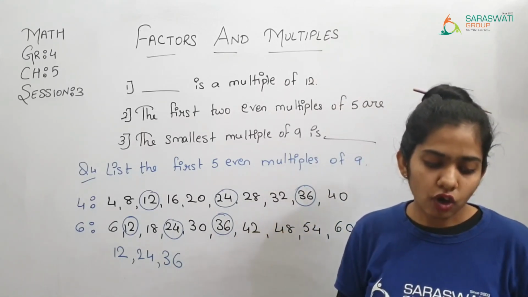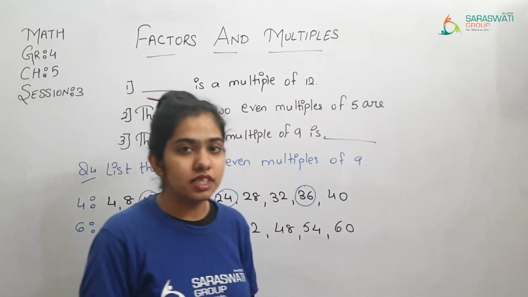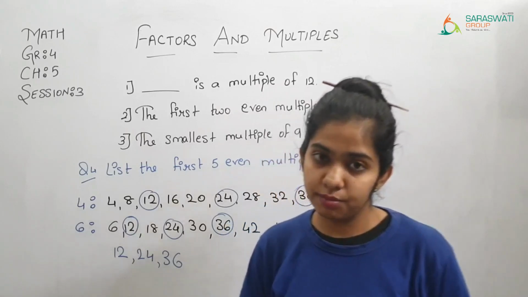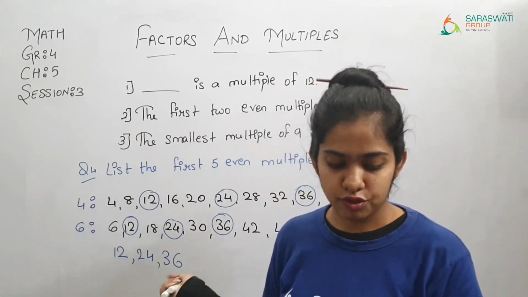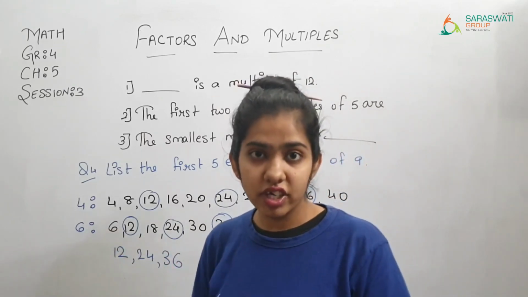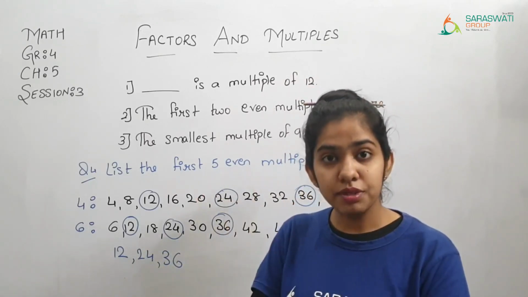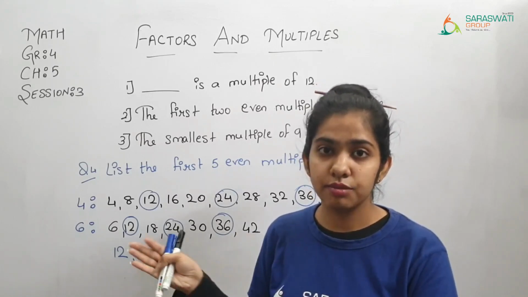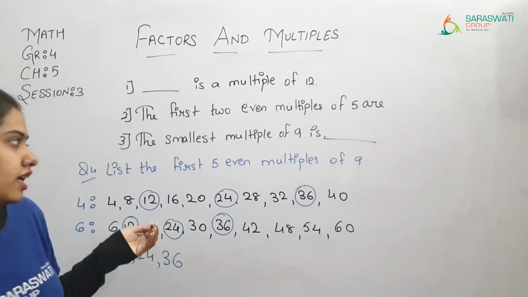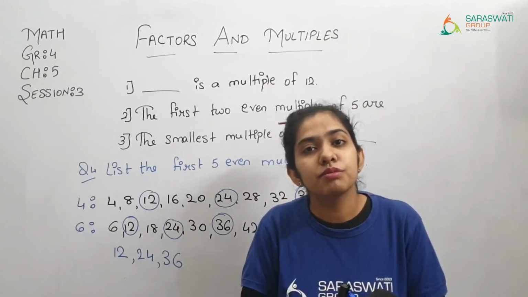Okay? Then after, what do you observe about the multiples of an even number? Even number ના multiples માં તમે લોકોએ શું observe કર્યું? And the multiples of an odd number અને odd number ના multiples માં તમે શું observe કર્યું? That you are supposed to write. So you can write as all the multiples of an even number are even. કે even number ના બધા multiples છે એ even જ હોય. And the multiples of odd number are alternatively odd and even. જે odd number ના multiples છે ને એ એક odd હશે એક even હશે, એક odd હશે એક even હશે, એવી રીતે હશે. And even number ના multiples always even હશે.